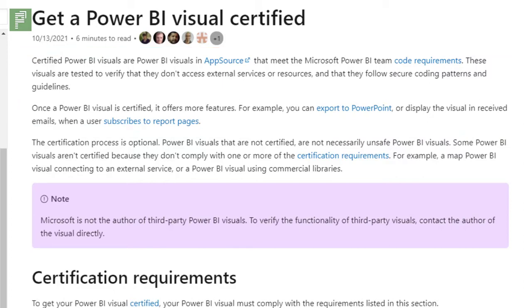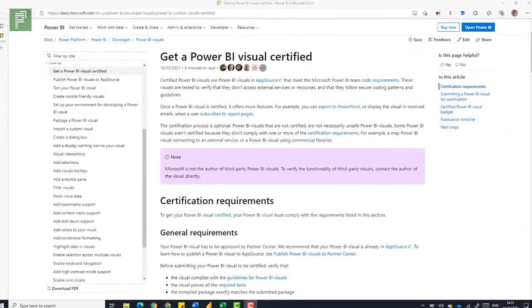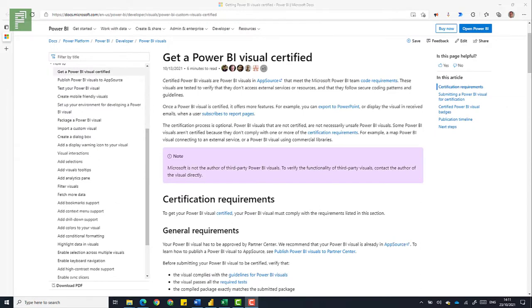Now, certification is optional. Power BI visuals are not restricted if you're not certified, but getting a more secure feeling about the visuals that you actually import in your company, it makes sense to have certified visuals where you are